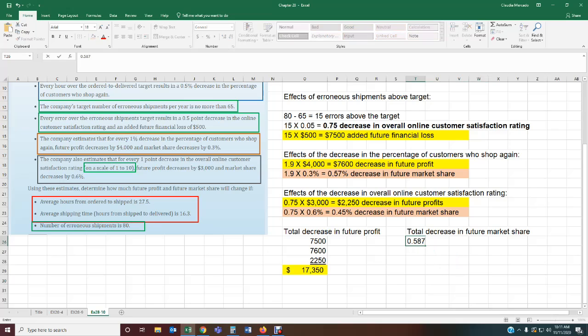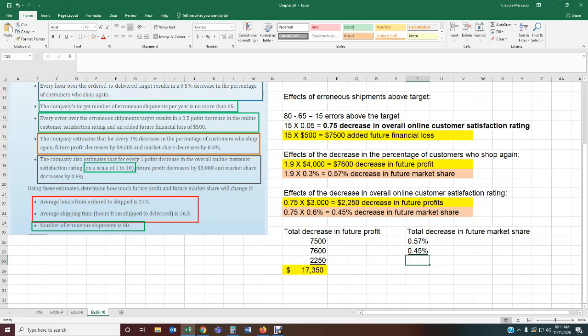So it's 0.57% and then 0.45%. So if we add those two together, that gives me 1.02%. So my decrease in future market share is going to drop by 1.02% based on me taking longer to